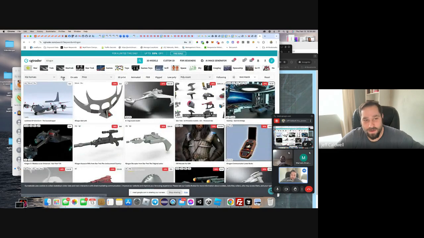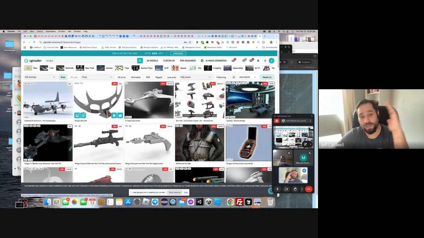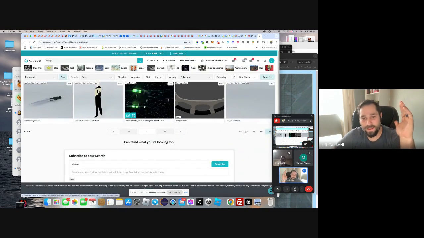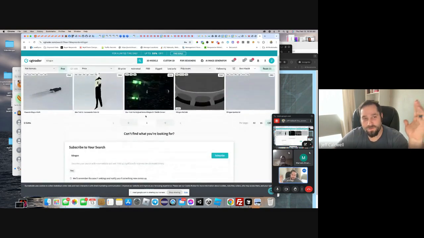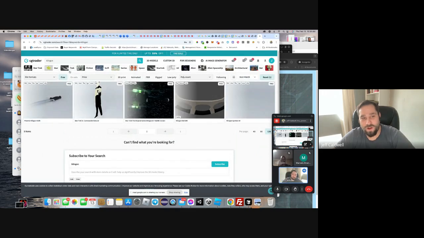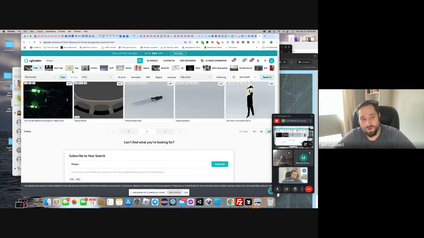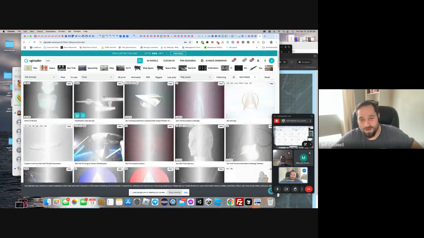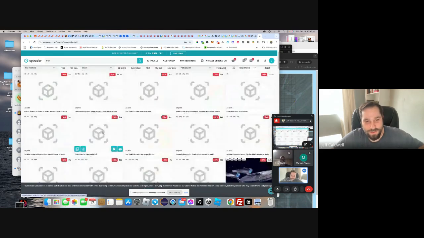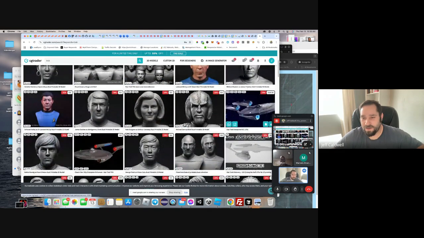You could click right here and it goes free. And then these are only the free models. Right? And there's probably not as much. However, you might find Trek. Trek might be a better word to find this. So let's see if I can find Trek. Or Starship. Now you can find different models of this. Like, that's pretty cool. Look at this one, it's cool. That's $118 for this model, but that's because somebody built this 3D model and you can now code